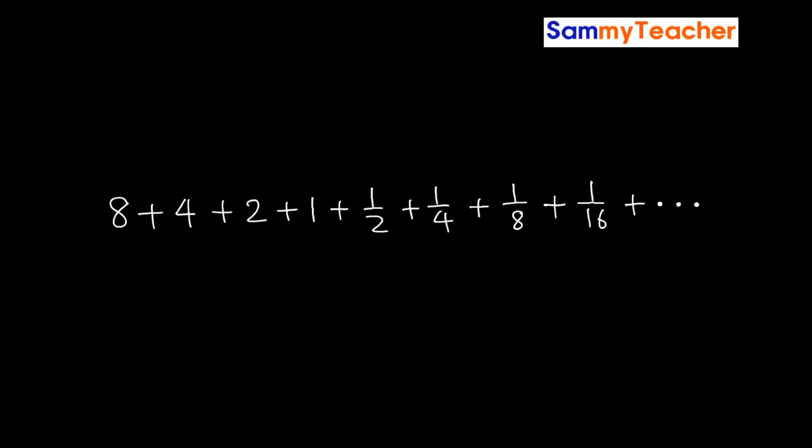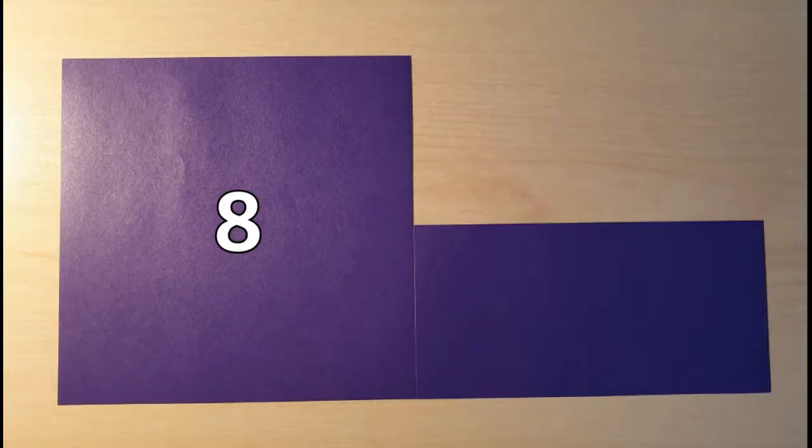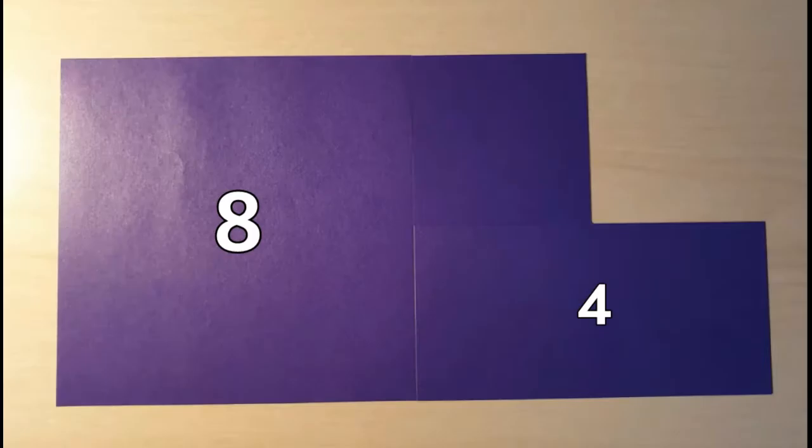We can actually visualize this operation using figures, so we're going to do that right now. Let's say we have a square, and the area of the square is 8. It could be 8 square centimeters, square inches, or whatever. Now, let's add half that area next to it. So you're adding a rectangle with area 4, and you add half of that rectangle, which is a square with